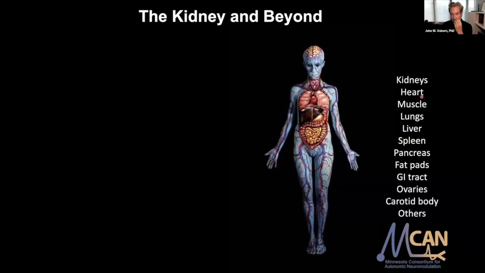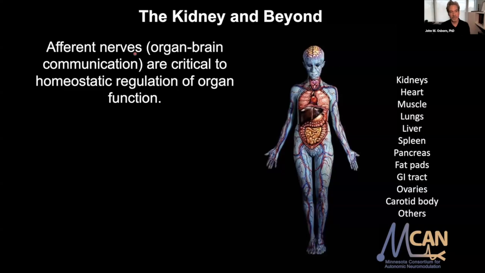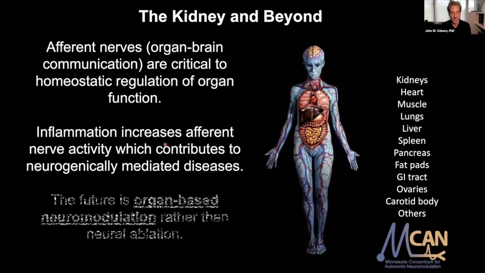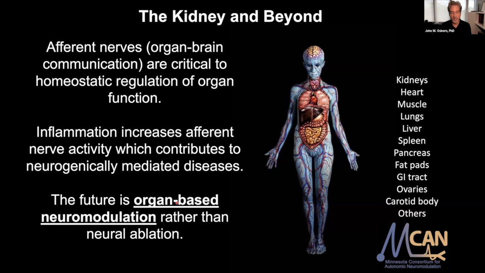So the take-home message I'll just say here is, the kidney for targeting for hypertension, that made a lot of sense based on the role of the kidney in hypertension, the nerves to the kidney in hypertension. You can get a catheter in there easy. But this story I'm telling, I'm sure applies to every single organ in the body, right? Sensory nerves from the organ to the brain are absolutely essential to regulation of their function in the autonomic nervous system. Inflammation is going to activate those chronically, which is going to result in a variety of diseases. And therefore, doing an organ-based neuromodulation, I would say rather than ablation, is the way to go.